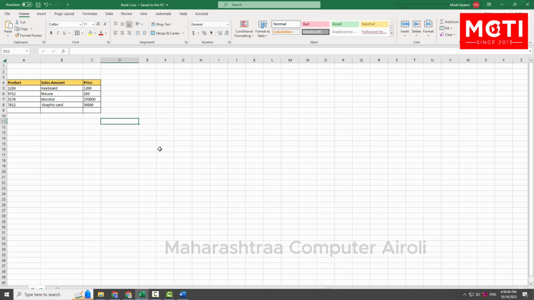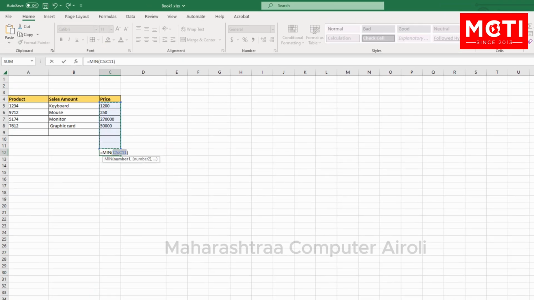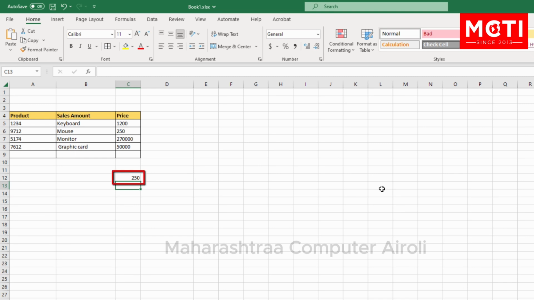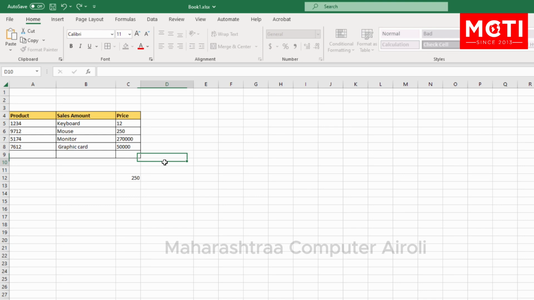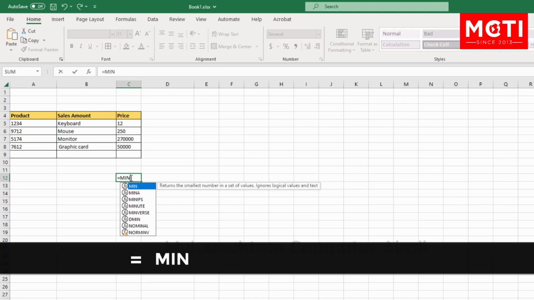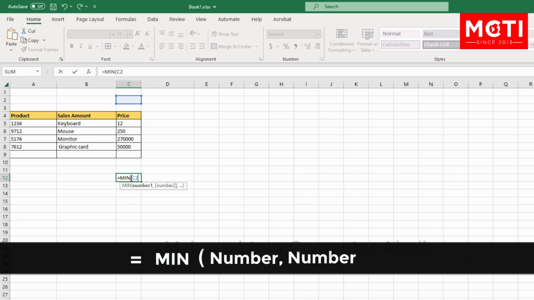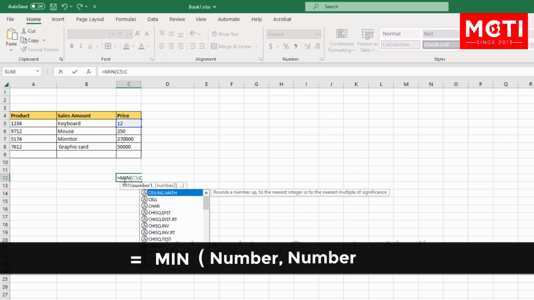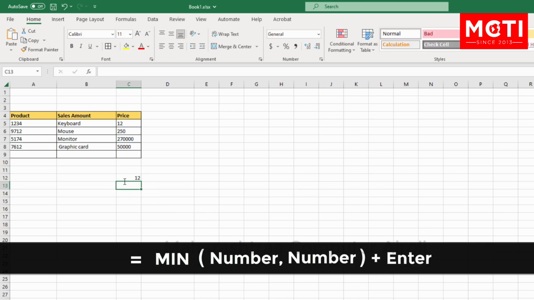In this rate card, you want to check which amount is lower. You can check it by going into AutoSum, which is in the Home tab. Then select Min. Hit enter. The lowest number will appear in the cell. If you change any number, it will catch the lower amount, as the formula of minimum is applicable. You can also write the formula: equal to min, open bracket, the column range from which to which it should find the lower amount, close the bracket, hit enter, and it's done.